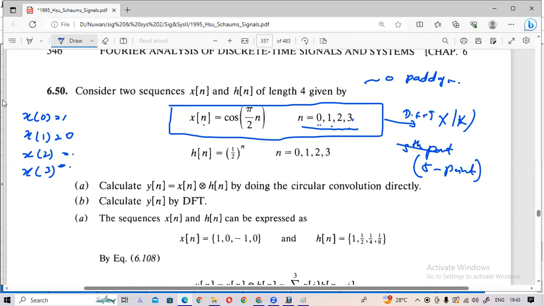x0, x1, x2, x3 you have some value. And x4 and x5 you don't have values. But if you ask to find the 5-point DFT, you should have at least 5 points. Okay, 5 points. So what you have to do is simply add